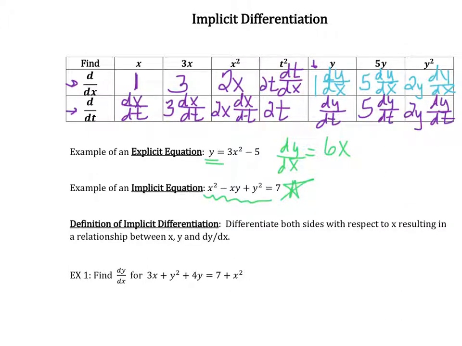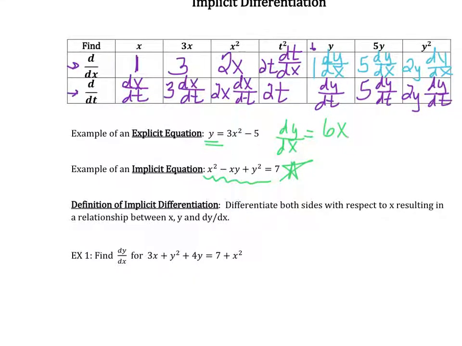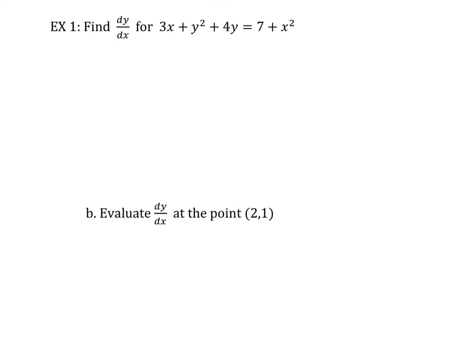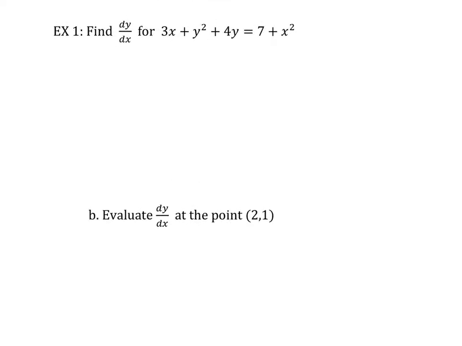When you can't solve for y easily, then you're going to have to use this skill in this process. And so here's implicit. You're going to differentiate both sides with respect to x, and then you're going to do some algebra. So let's do an example so you can see how this works. So let's look at this first one. When I look at this first guy, it says find dy/dx